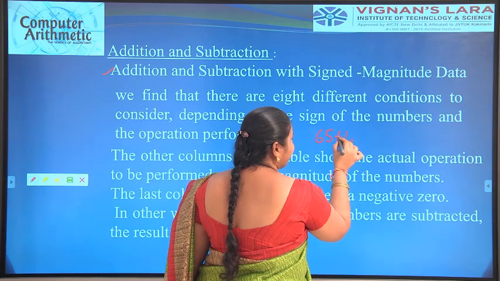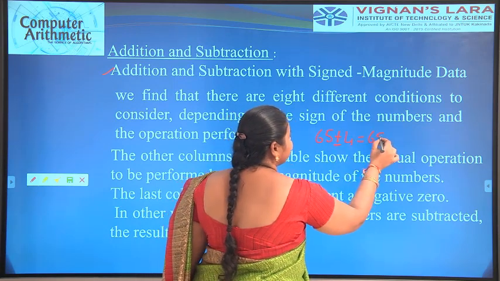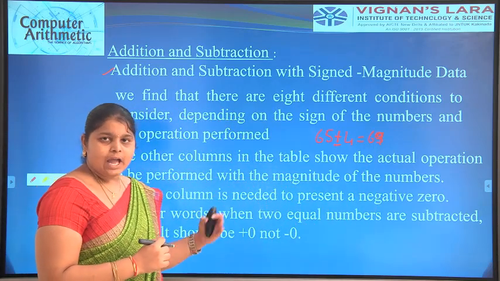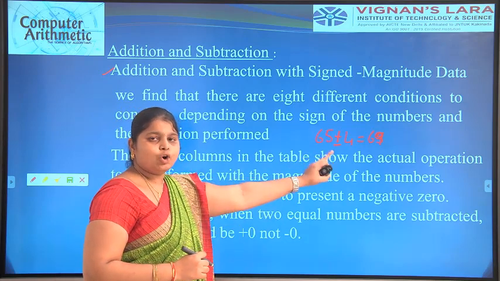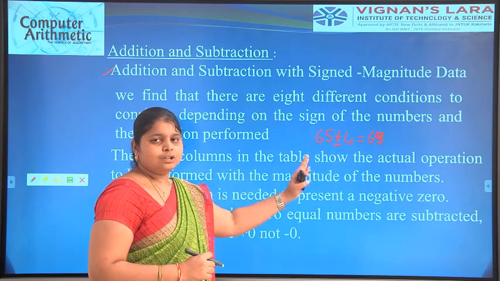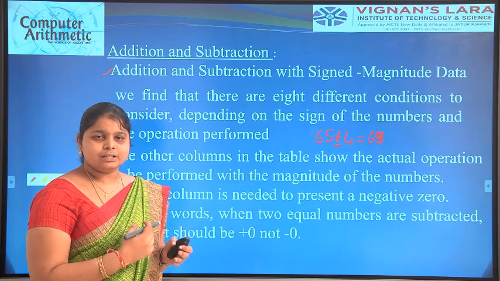That's why we take the addition. The representation of the sign decides what operation we have to do. For example, here there is a plus operation with both the decimal digits, so we add both the numbers. That is the representation of whether the operation is addition or subtraction.